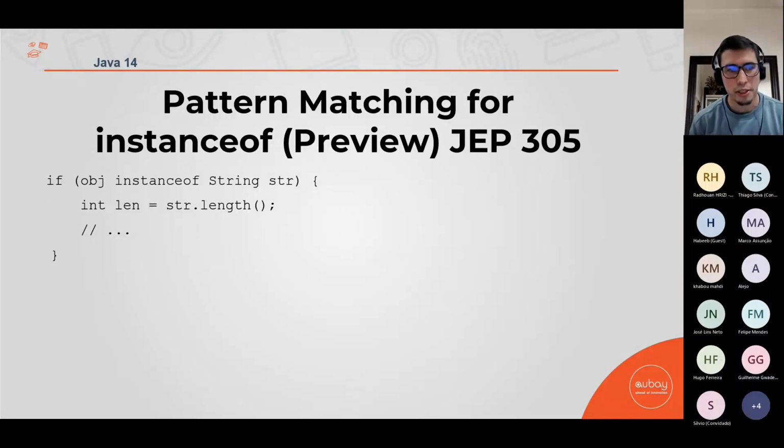Another very important thing is pattern matching for instanceof, actually not for instanceof only, the pattern matching thing. You see that there are more things related to pattern matching. In this case, it's for instanceof. So using that, you don't need to do a lot of casts, okay? If you have some instanceof in your project, you probably have some casts, or you are probably using pattern matching. So these are great features.